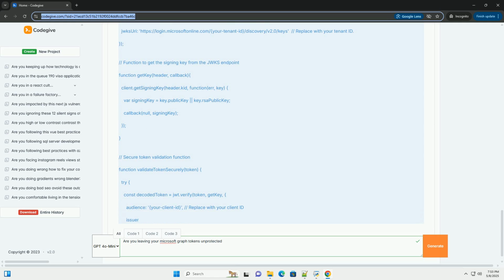6. Storing refresh tokens insecurely, if used. Refresh tokens are used to obtain new access tokens without requiring the user to re-authenticate. If compromised, they can be used indefinitely to generate new access tokens. Problem: if refresh tokens are stored insecurely, attackers can use them to generate new access tokens even after the original access token expires. Mitigation: